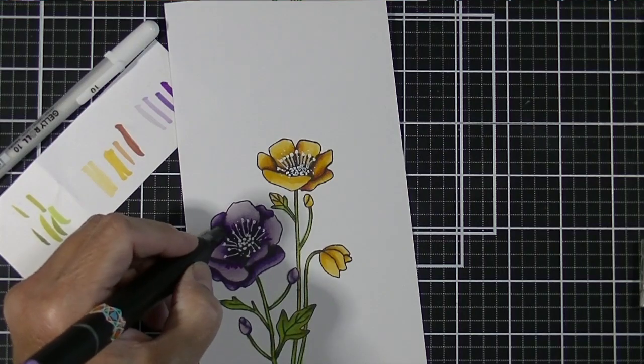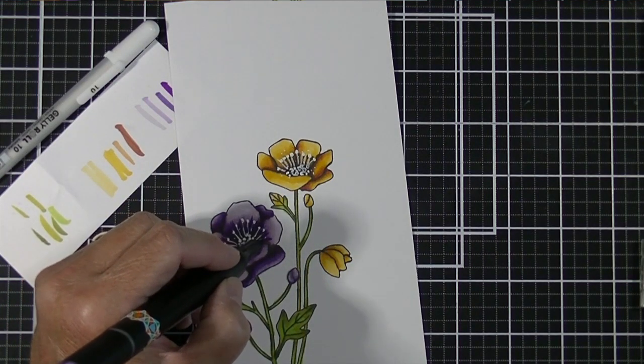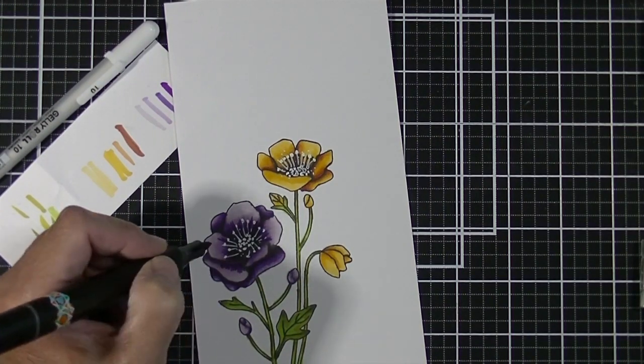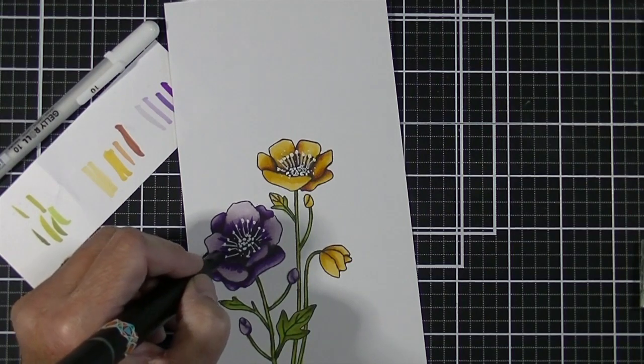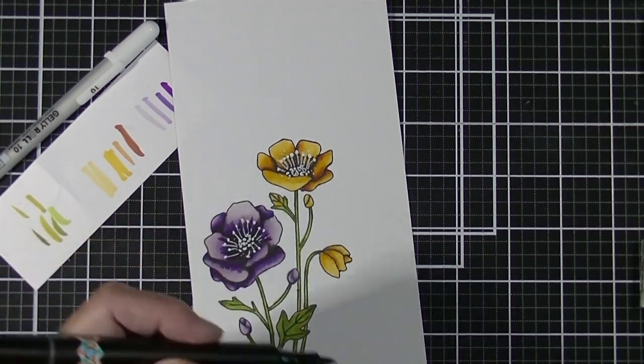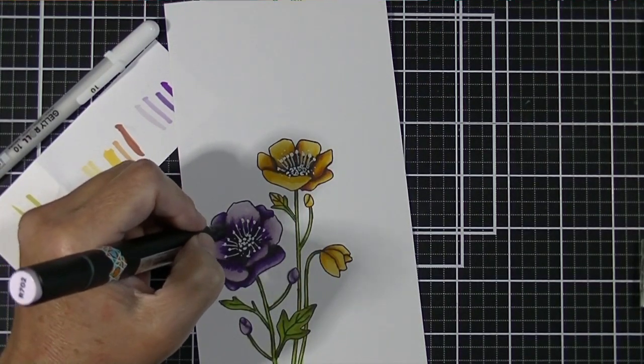And then I'll take my R823, so darkest to lightest, go over the top of it and just flick that up. Sometimes I go over top of the flicks I already made just to pull that color up. Sometimes I'll go right next to it. It depends on what mood I'm in. So I'm just trying to darken that up a little bit. And then I've got the